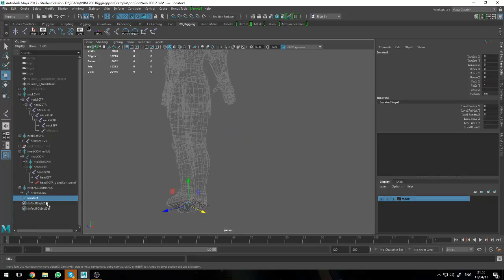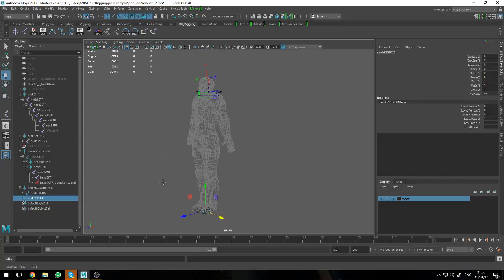Here's the locator, and we'll call it NECK_REFERENCE_LOCATOR. It should be in capital letters. And then we need to snap it and use the V key to move it